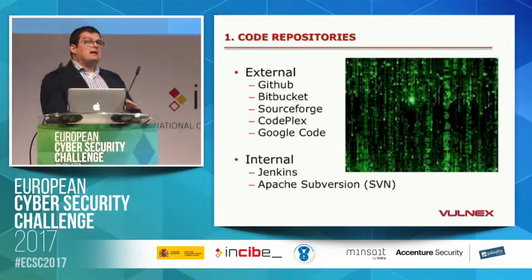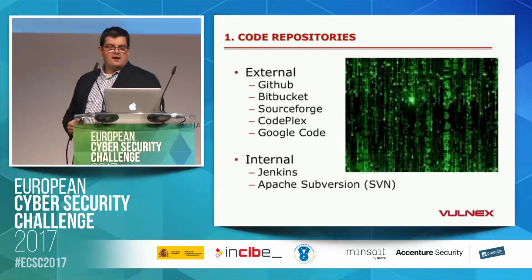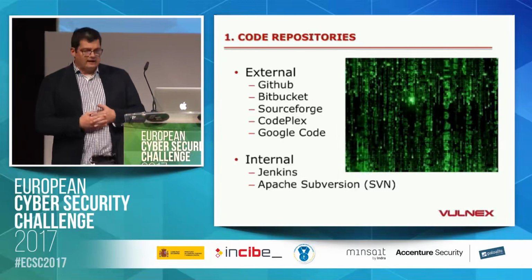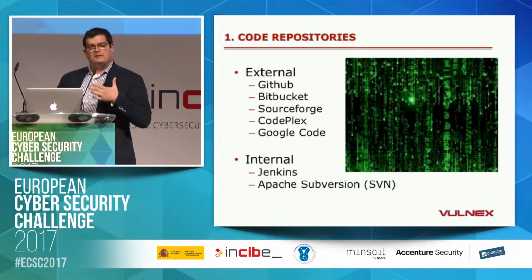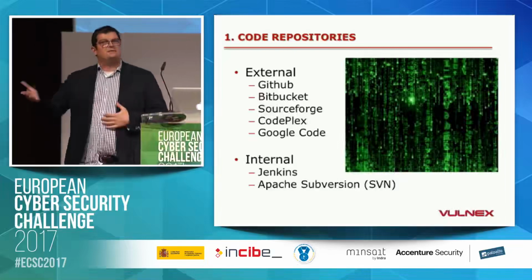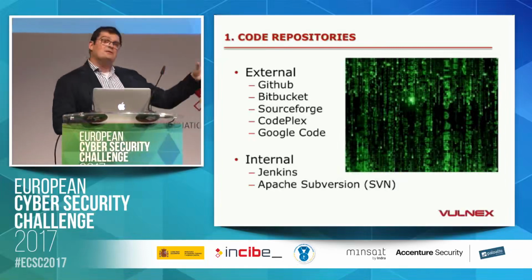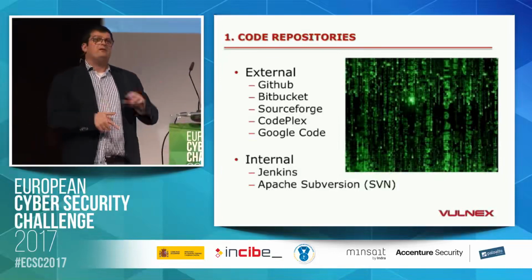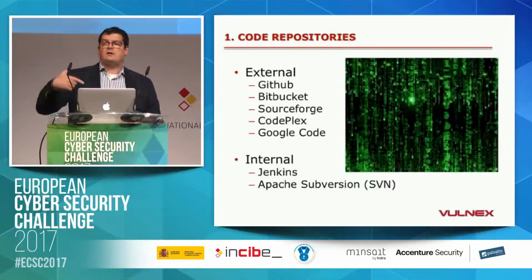And usually that's externally, right? We are doing a pen test from the outside, so we can go to these code repos and check out what's there. But we may also have access internally to the network. Internally, many companies are also putting internal repos. And internal repos are also very interesting because we can also make changes to the code. If we are malicious, we are not. We are just doing pen testing to help the company. But attackers are using these internal repos to make changes. That happened to the Linux kernel some years ago, and there have been several cases of hackers abusing internal repos code. So yeah, when we are doing an internal pen test,